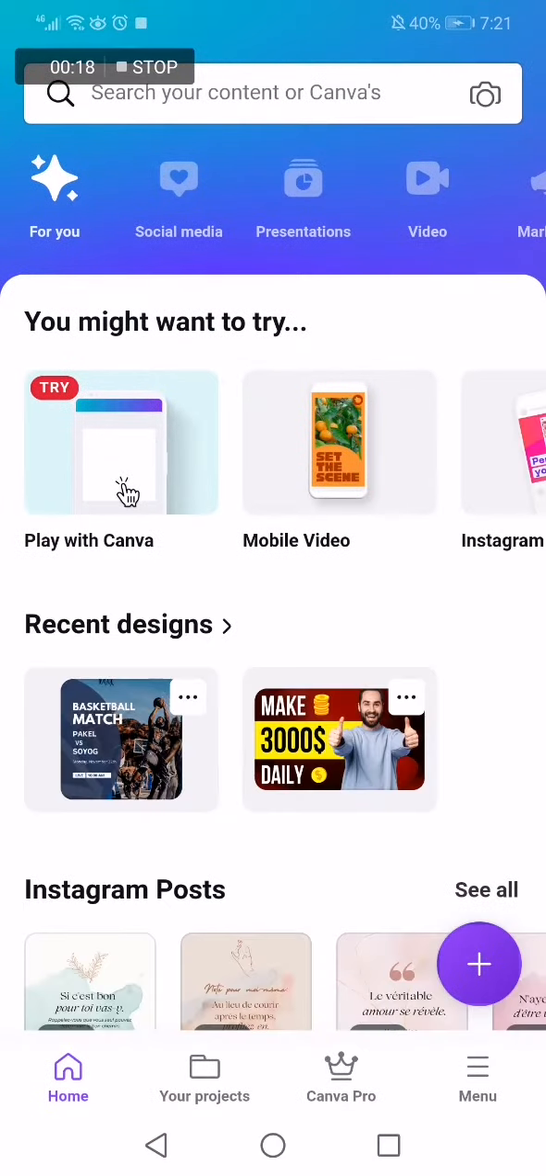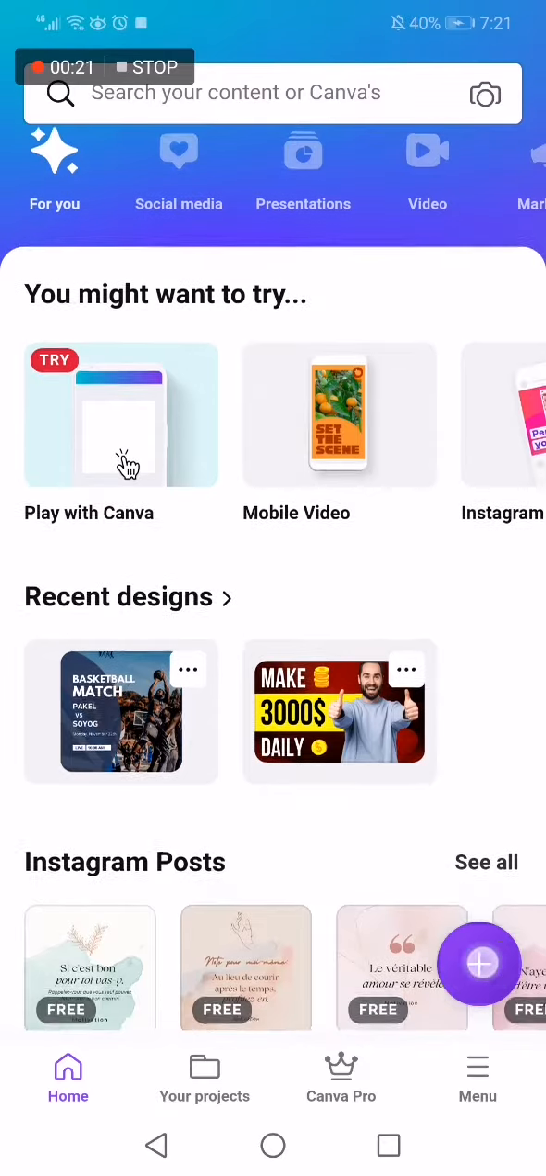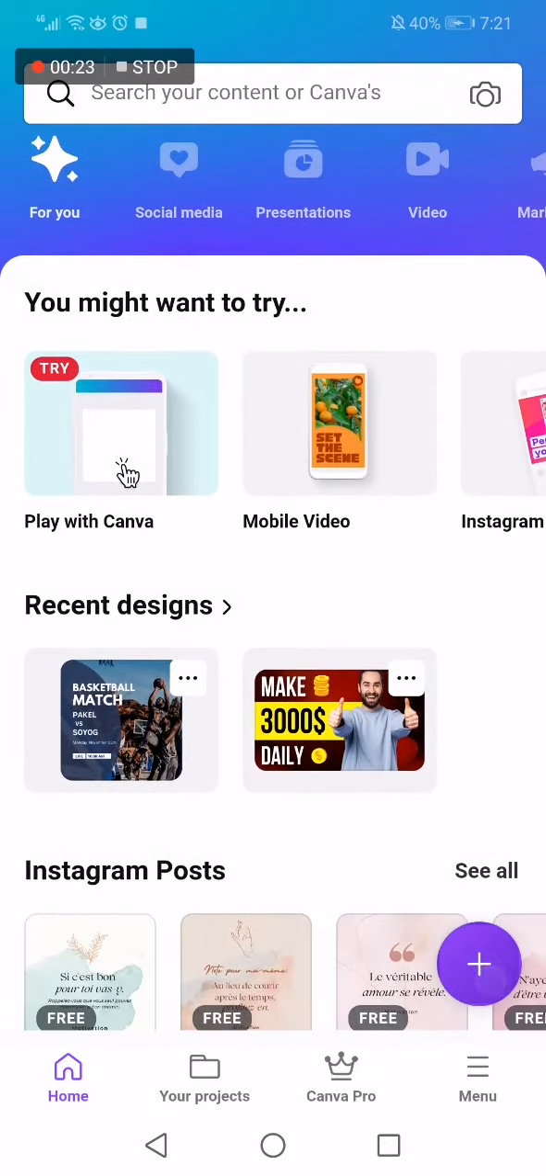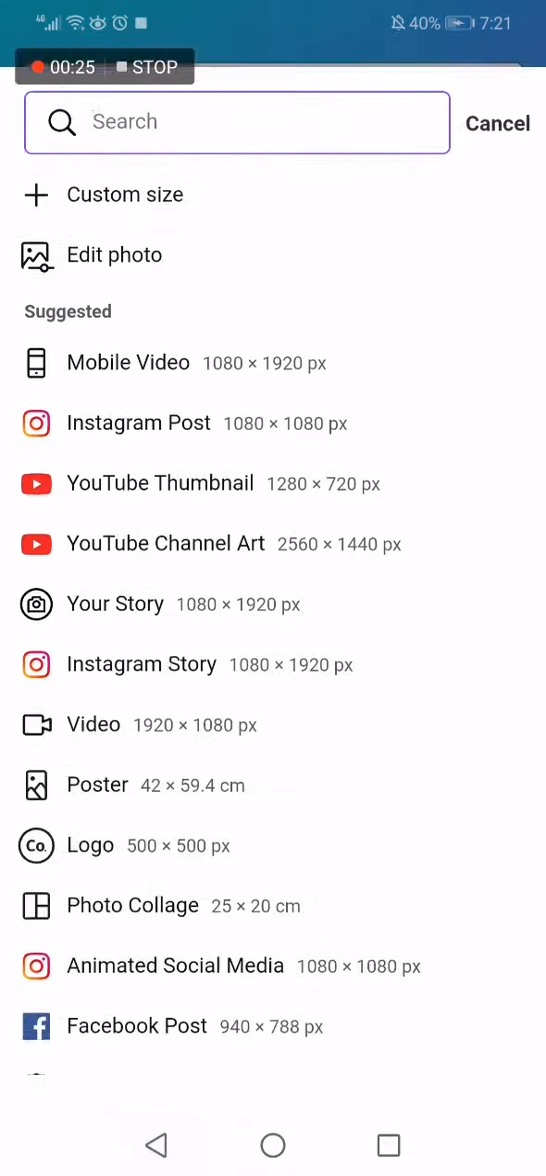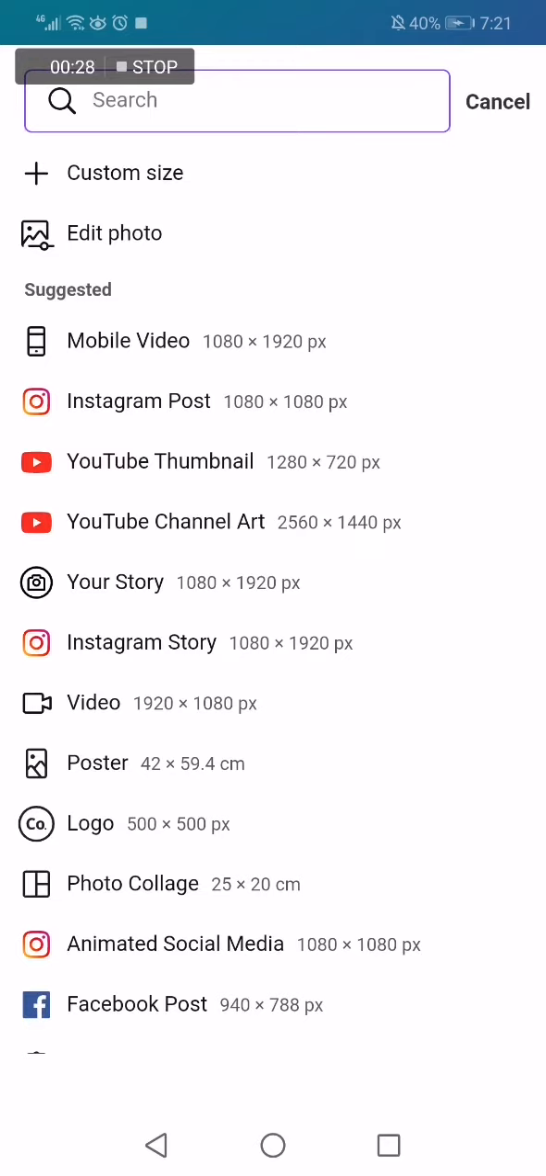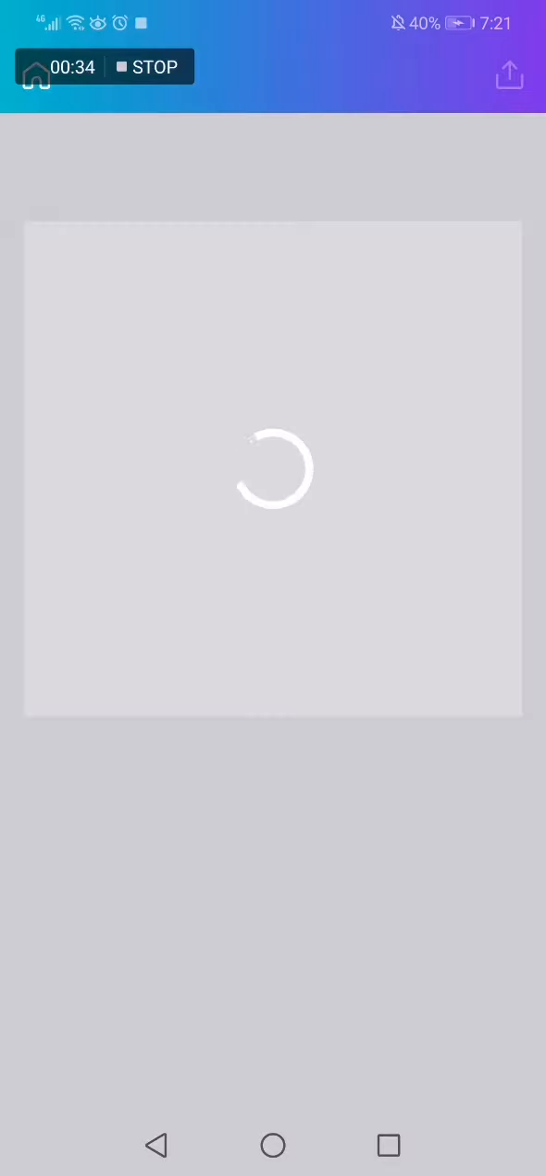As you can see, this is the home page. Now all you have to do is go down here, click on this plus icon right here, and then it will give you many options, but you have to choose the Instagram story option. Click on it like this and wait a few seconds,